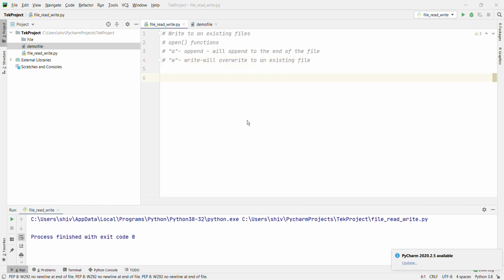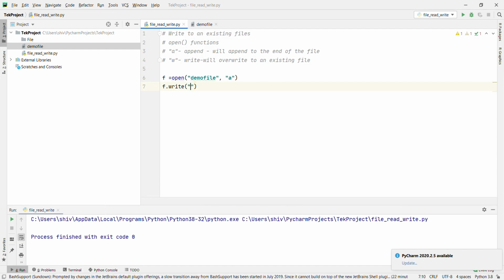First we are going to open the existing file. We have open, we have the demo file, and we are going to add some content into the demo file. We open it, and now we are going to write something new: "The file has more content."